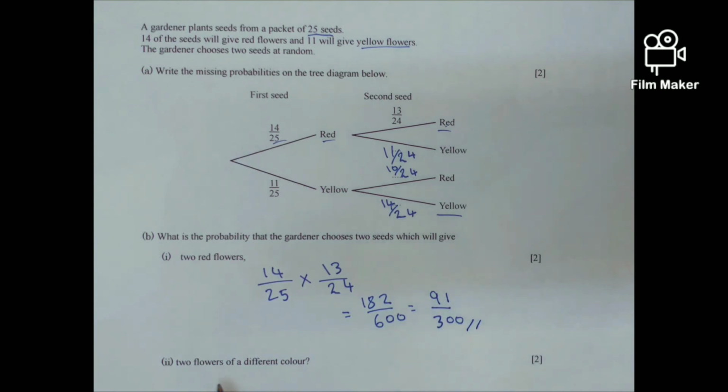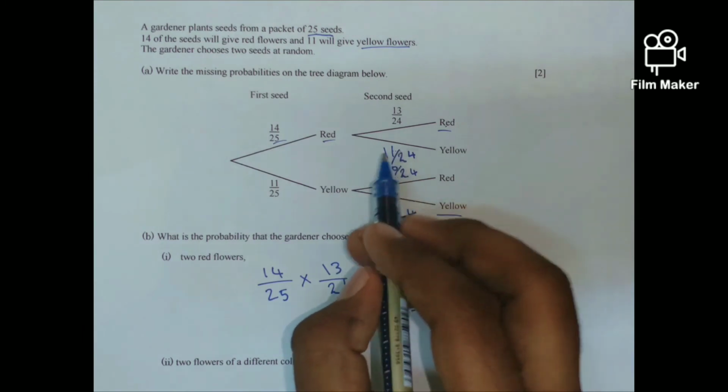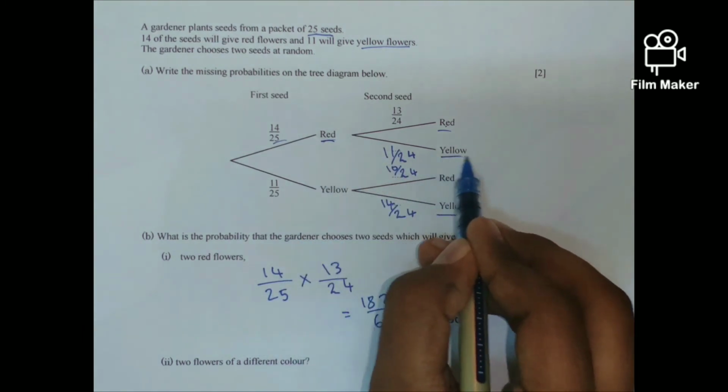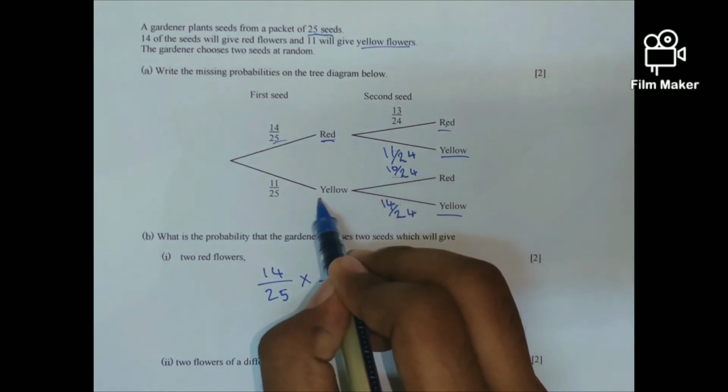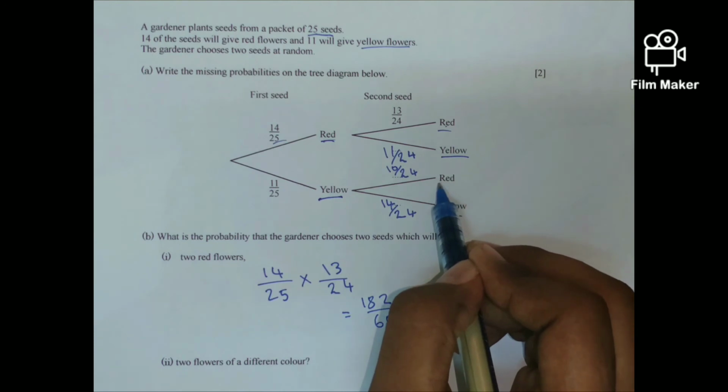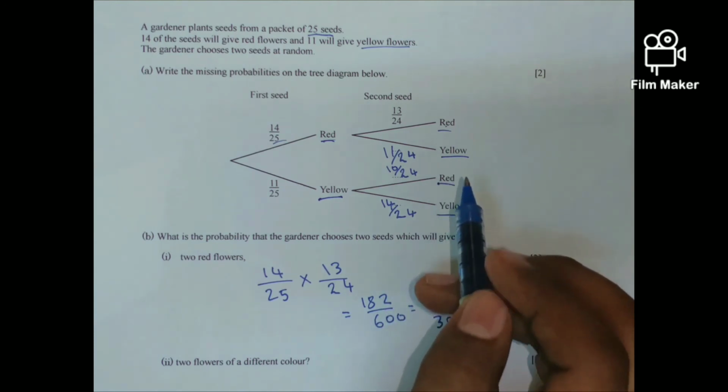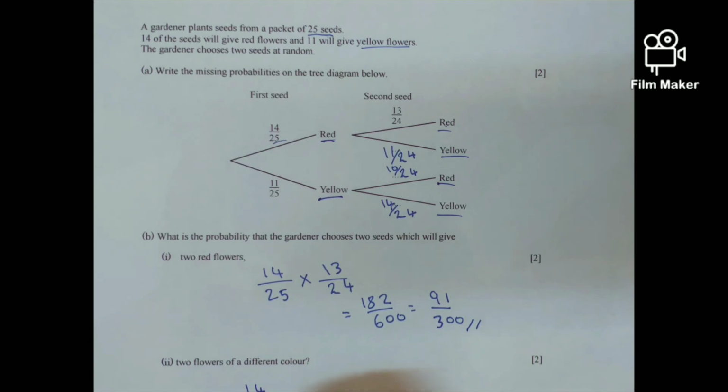Now the second question in this part is, what is the probability that the gardener chooses 2 seeds which will give 2 flowers of a different color? Now we need to find a different color. So we can take this branch, red and it gives yellow, so these two are different, and the other one is in the first seed it is yellow and then the second seed is red, so it would be 14 by 25 into 11 by 24